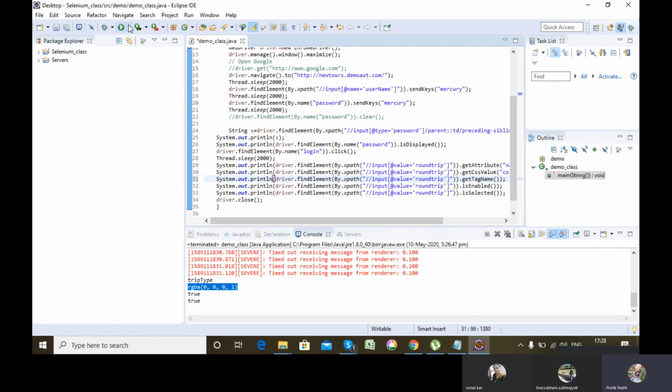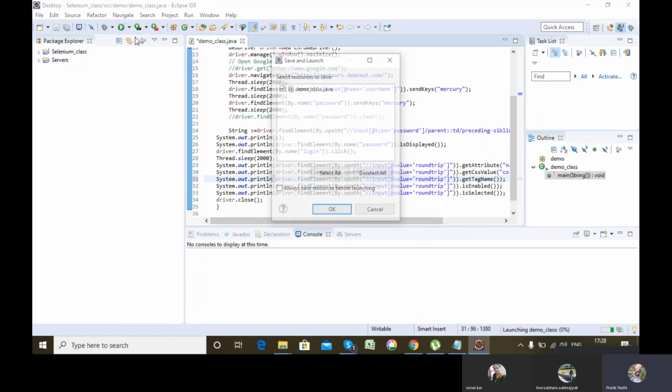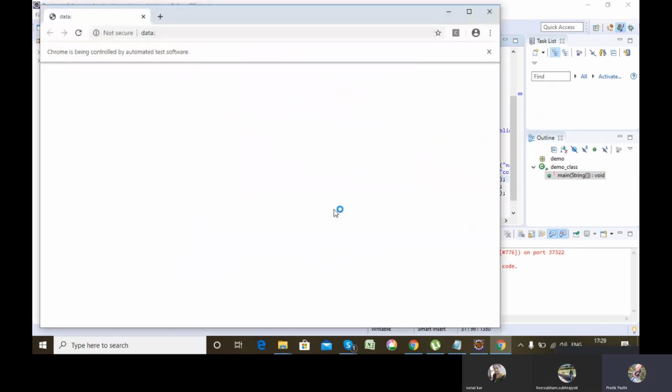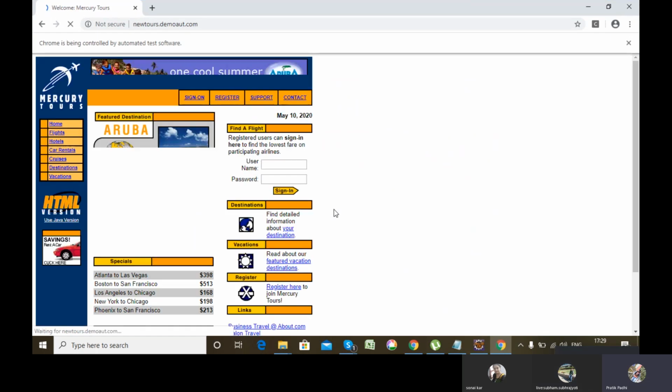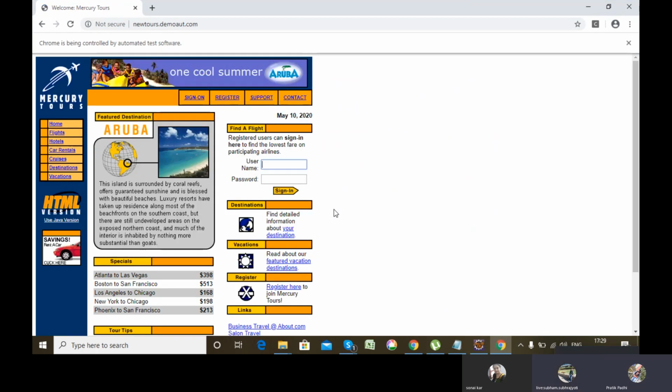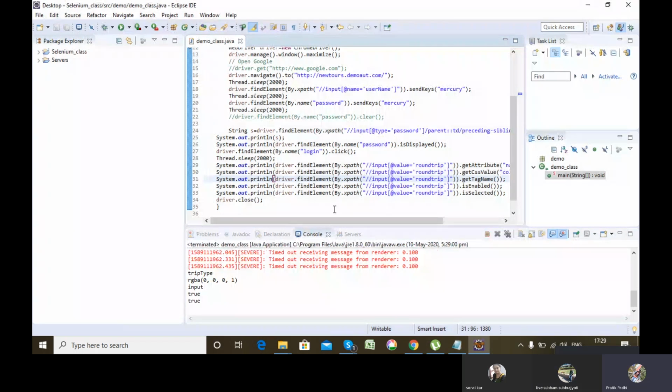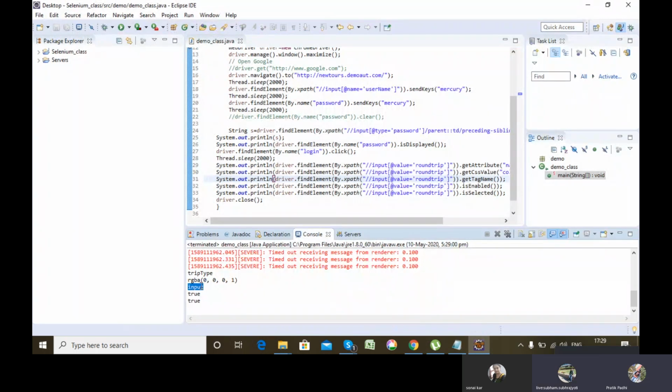Let's run it. See, it printed input for me.